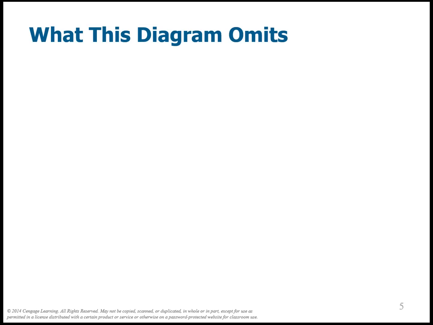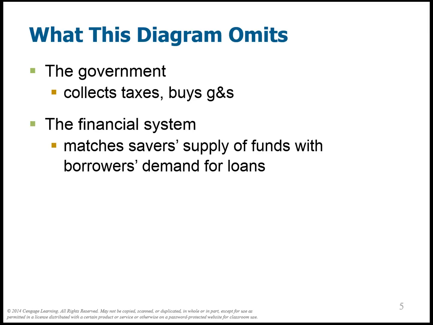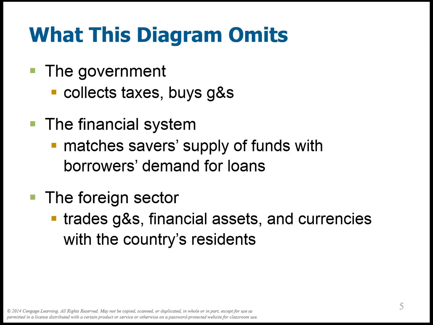All right, the thing this diagram is missing is the government, obviously. They collect taxes. They do buy goods and services. So if I really care about all of the goods and services produced in a country, i.e. GDP, I'm going to have to somehow account for the government, because if I just measure the amount purchased by private citizens, it's going to be a smaller number than the full amount of productivity. We're also forgetting about the financial system, basically banks that make loans, and we're forgetting about the foreign sector,